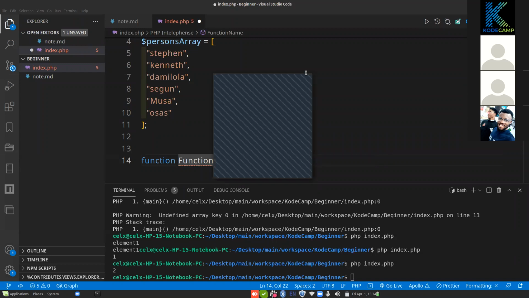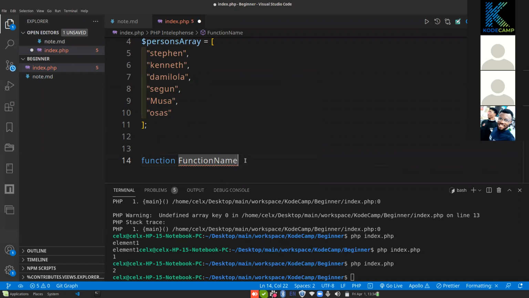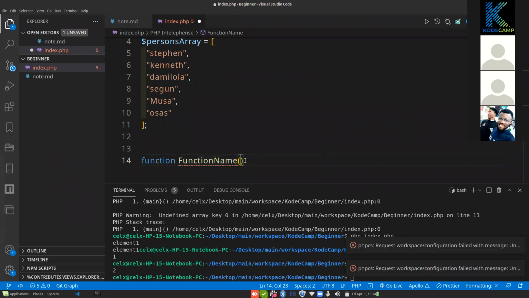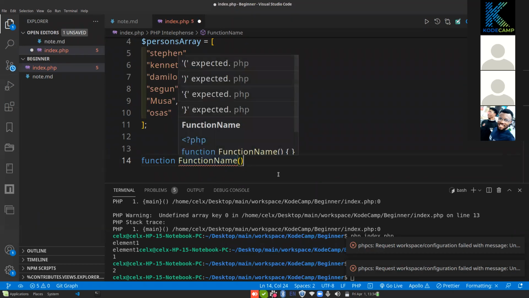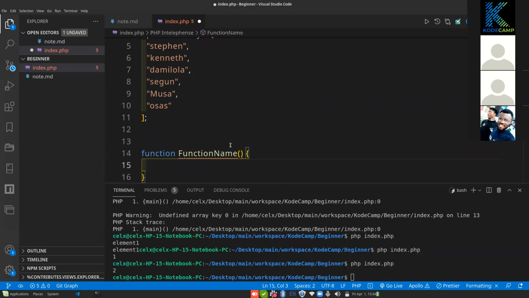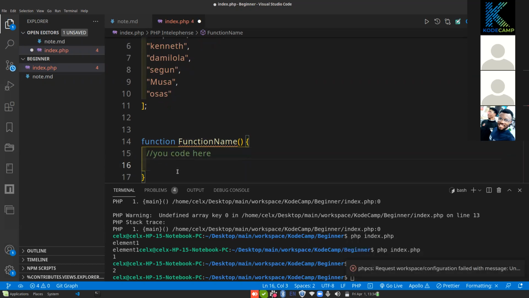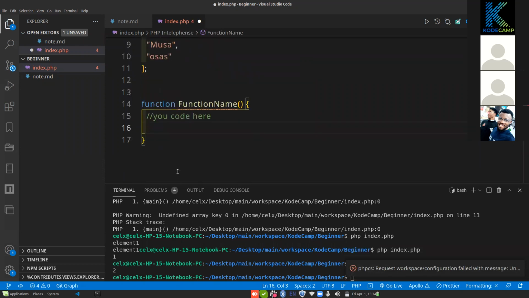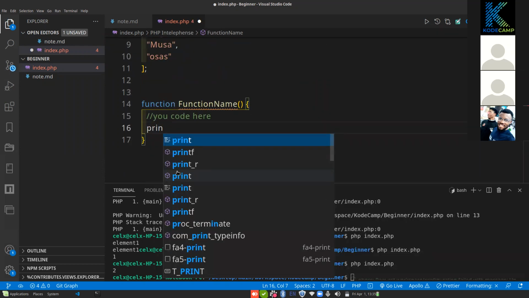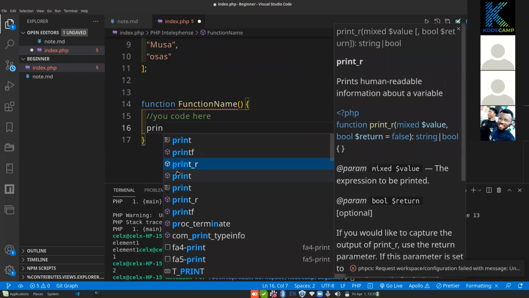Steven, it is at least required, it is the basics. So after you're done, this is the keyword function, and the next is the function name. And of course, the next is the parentheses, and then your code here. So in this case, this function is only going to print out